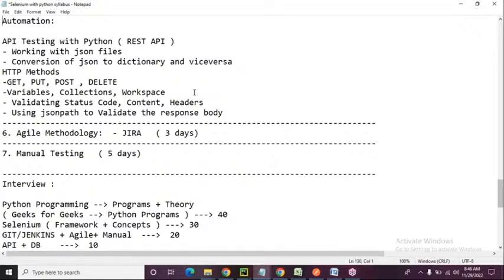Selenium with Java has existed for a very long time, because when Selenium was introduced, Java was the first language which could implement all the Selenium automation testing. Python has come later. Python can do the same automation which Java can do. What Java can do, Python can do at an equal level. When it comes to opportunities, I could say